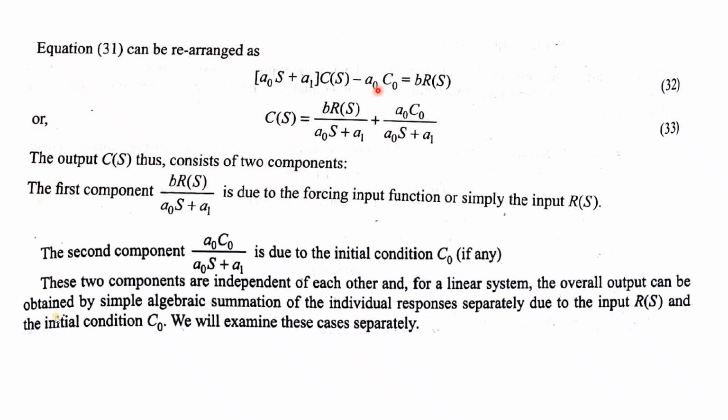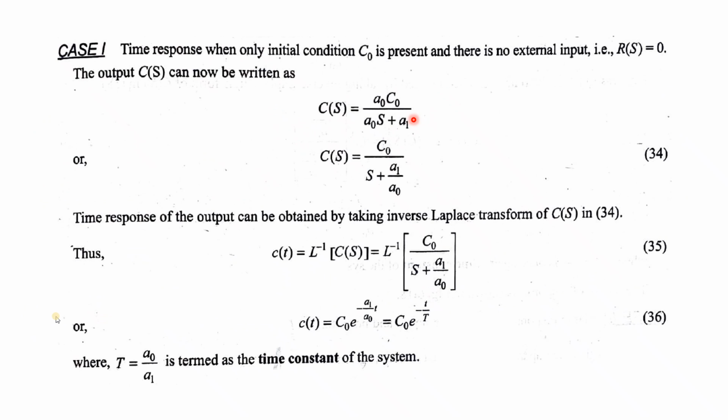How is that possible? Because there will be some initial output, because whenever you have tested it previously and now you switch on without giving any input signal, there will be some output response from before, and we have to check how it operates with that. That is why it is told. So this is mathematically represented: in case 1 there is no input. We will only analyze the output with respect to the initial condition of the output. Okay, that means input is not there, so the first component will be 0.